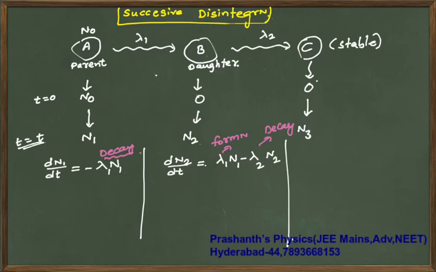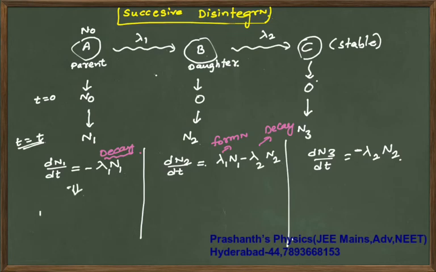Okay, any problem? And if you write the same for dn3 by dt, the rate of formation of this is lambda 2 times n2. Okay, of course with a minus sign because n2 is obviously decreasing. Okay, relax, take time, no issues. Now